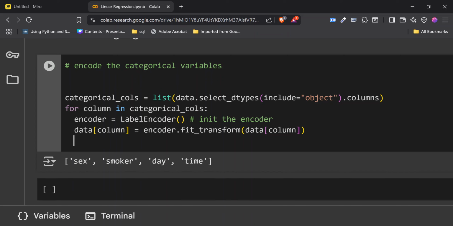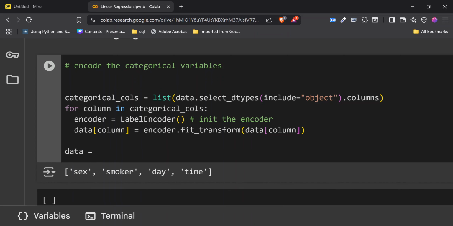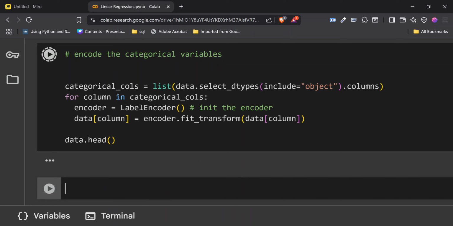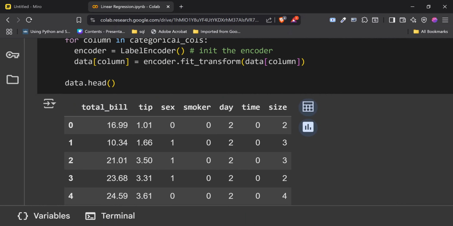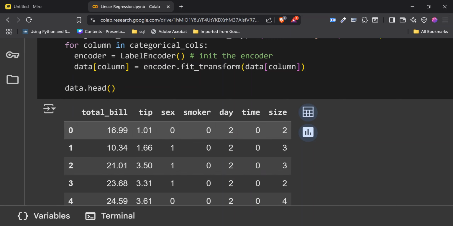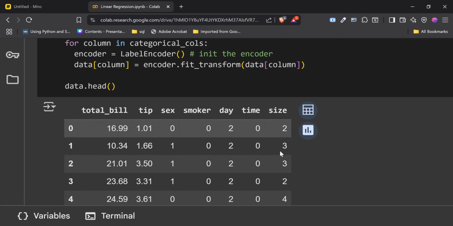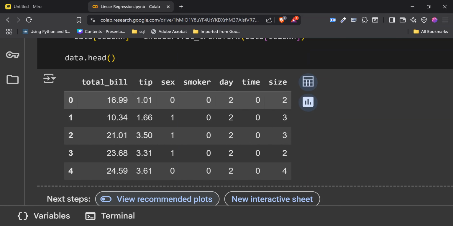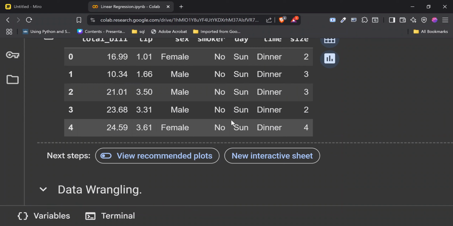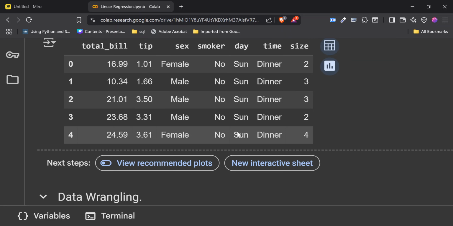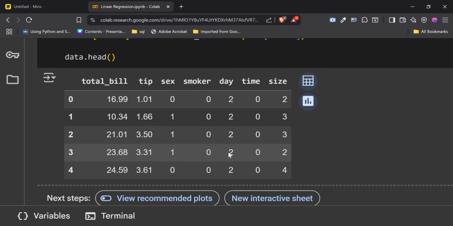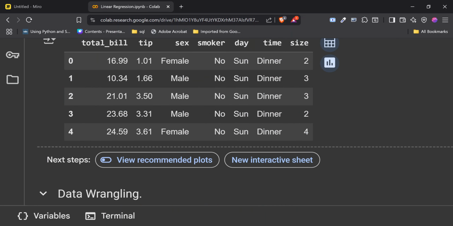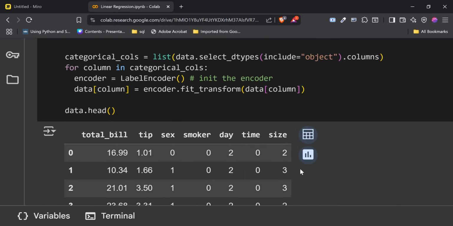So if we do encoder.fit_transform, then we check data now. If you run this, you're going to see that sex, smoker, day, time, and size have been encoded. Sex is zeros and ones because it's just male, female. Smoker is yes or no, so that also is going to be zeros and ones. But I think all of the first ones are the same value, and they are all no, no, no, no, no. Then day also, the first ones are the same value: Sunday, Sunday, Sunday, Sunday. So Sunday means two. Then time also, the first ones are dinner. Then we didn't touch size.